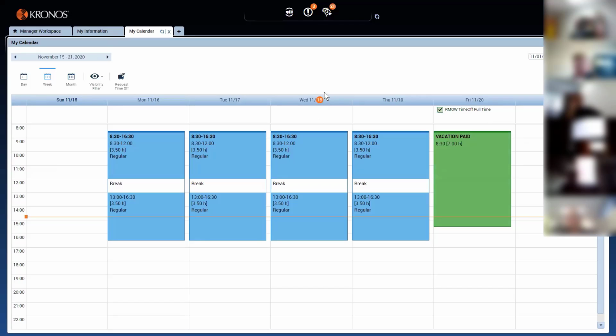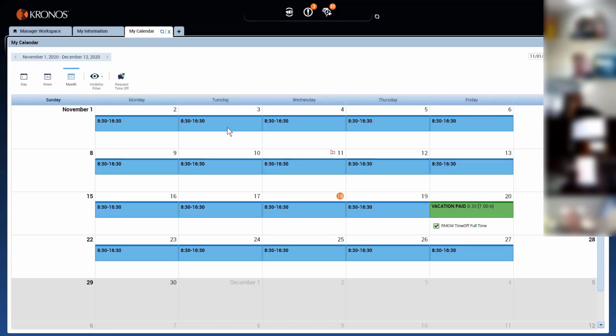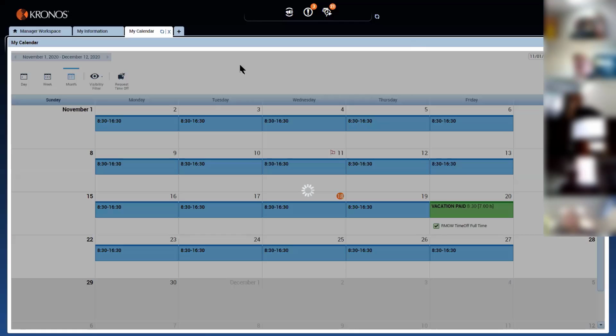There is a Q indicator, obviously, that marks the current date. If I look at the month, this is the layout for the month. There is a visibility filter to hide or show what you want to display on your calendar, and this is the request time off. So then it's very simple, same as